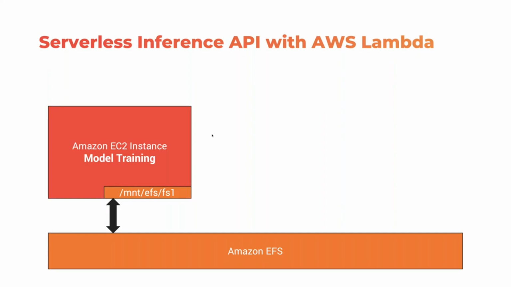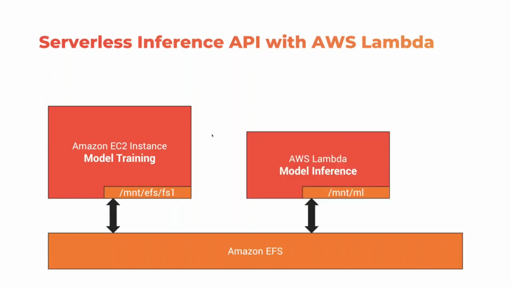For example, if you are using TensorFlow or PyTorch or scikit-learn, any framework, any toolkit, you can use pip to basically dump all the dependencies in this file share. And then the same file share is going to be exposed to Lambda. So whatever dependencies you need for the model, for the inference, they're all going to be dumped inside this /mnt/ml, which is again pointing to the same location. And then we will load the model as if it is locally available, but the fact is it is actually coming from an EFS file share.